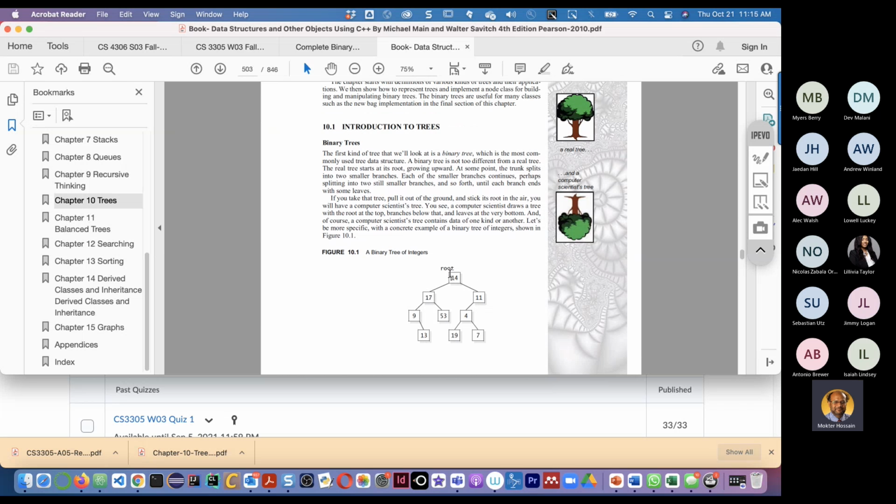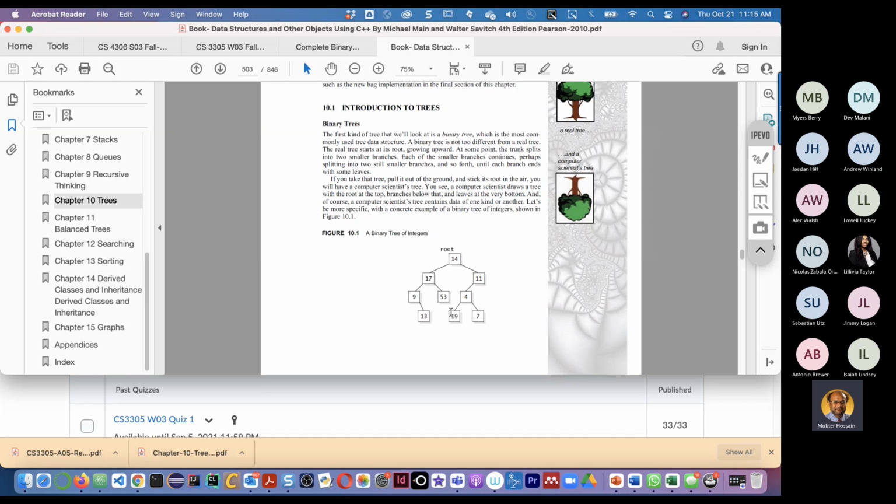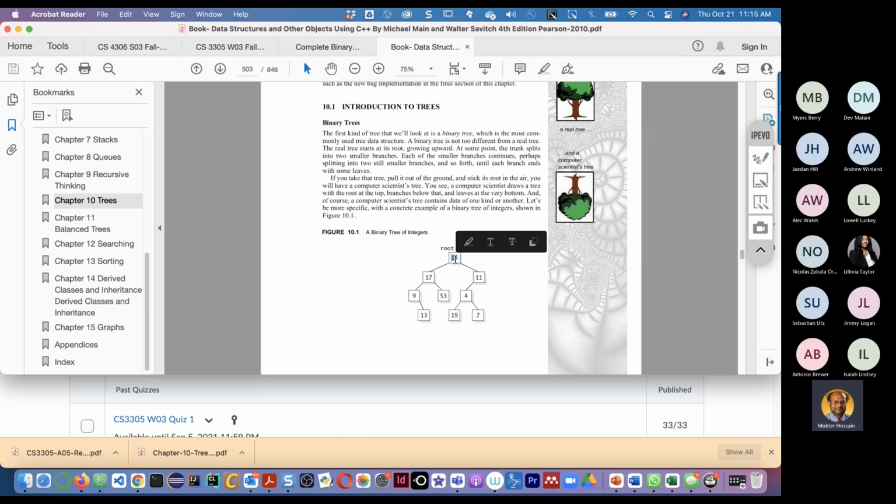The top element is a root, and the root has some branches, two or three or more. But if a tree has a maximum of two branches for each node, then that is called a binary tree. Our goal is to understand and learn binary trees.